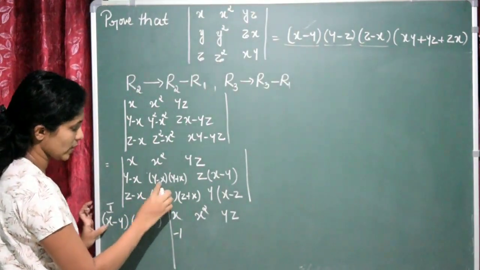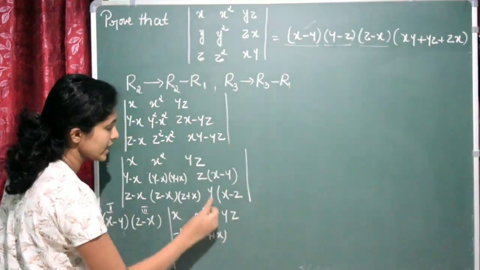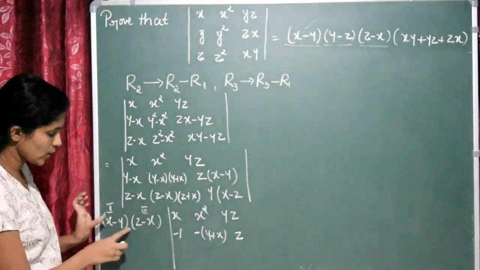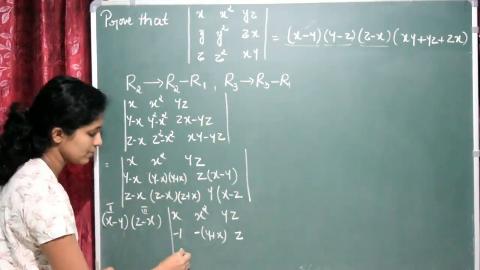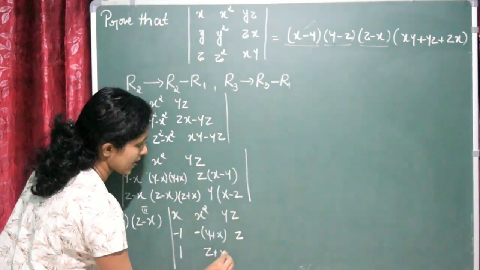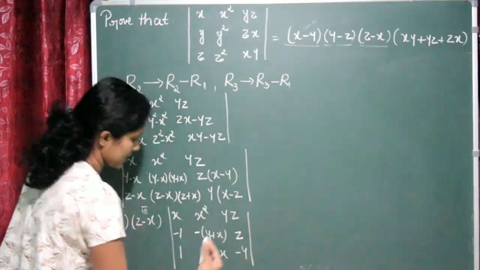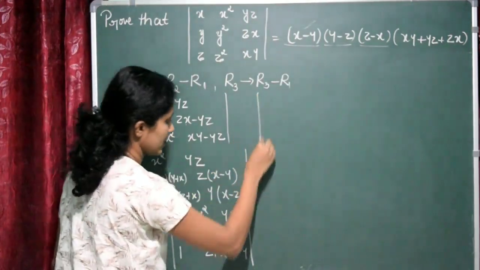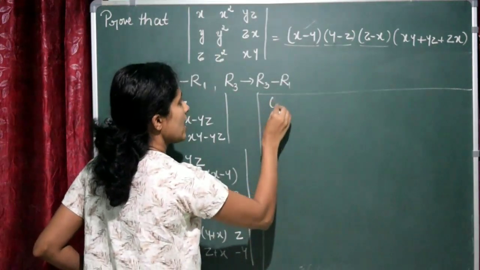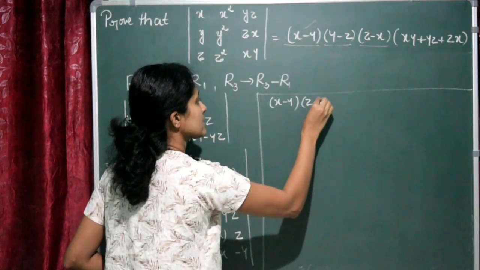So here this is y minus x, so this is now minus of y plus x, right? So this is x minus y, and this will be z. Last row we have taken z minus x. Anyway z minus x is there. This is 1, and this is z plus x, and this is x minus z, so this will be now minus y. Is it clear? Now the next step, we'll write what is remaining, x minus y into z minus x,